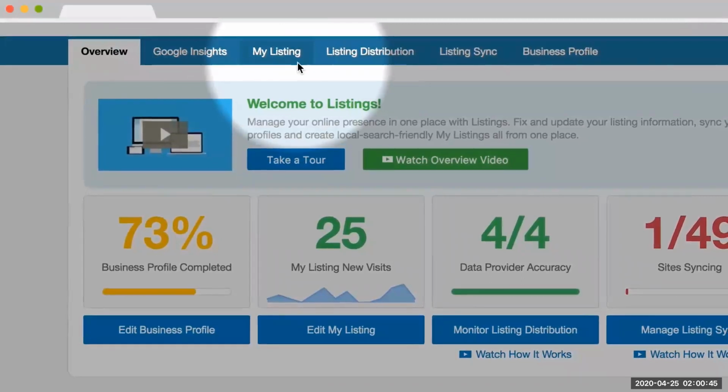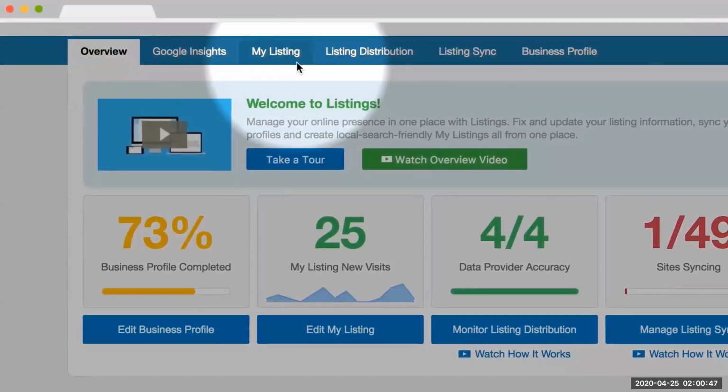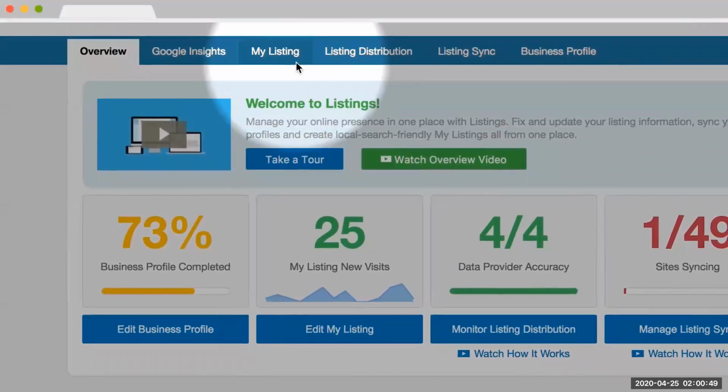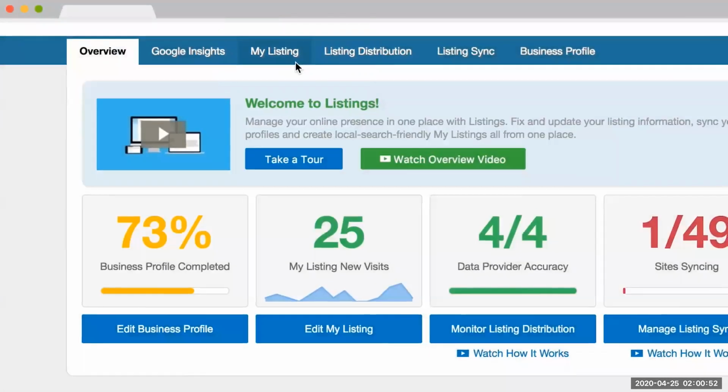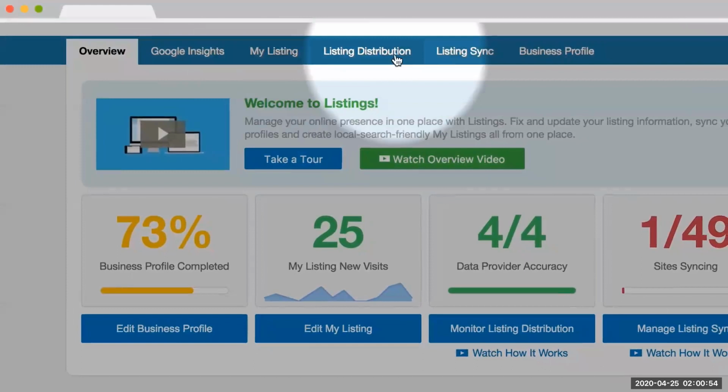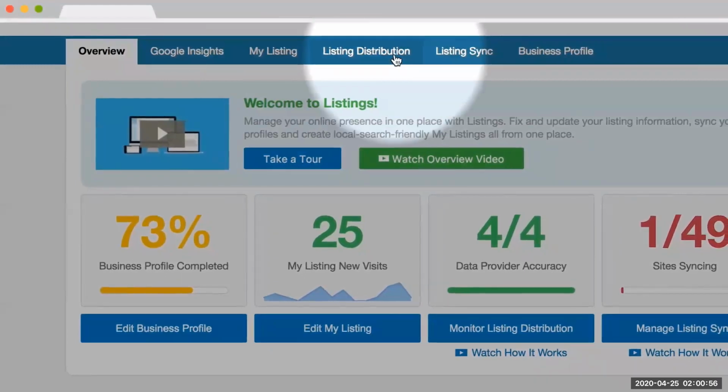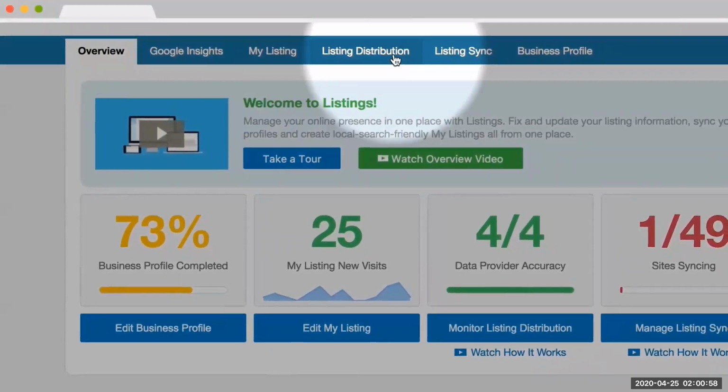We're providing you a mobile-optimized business listing called My Listing. This instantly provides you with another place for your customers to find your business online, and is fun and easy to customize. With listing distribution, you can see where your business's listing information sits on the 4 major data providers: